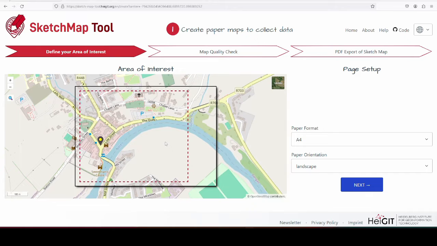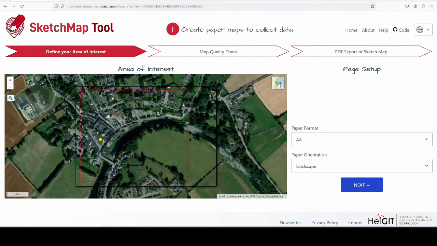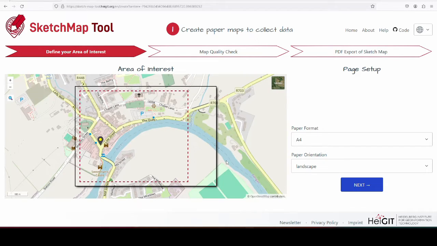If you're not happy with the OpenStreetMap background, you can also use the satellite background just by clicking on the thing in the top right corner. But I'd rather have a map. What would be nice sometimes is if you could rotate the map a little bit to make the best of the area that is highlighted on the A4 sheet. About the A4 sheet, you don't have to use A4. On the right hand side, you can choose your paper